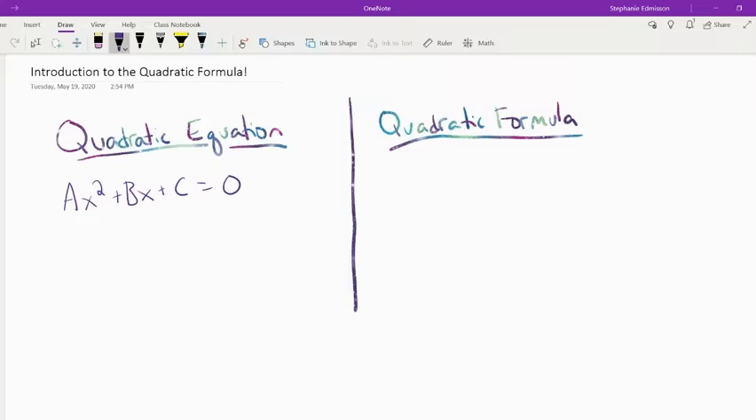Now, we've been working for the past couple weeks with this. We've learned how to solve by factoring. We've learned how to solve by the root method if there's only one x term. But today we're going to learn something that works in every situation, and that's the quadratic formula. So the quadratic formula is not the most efficient way, and it's not necessarily the fastest way, but it works